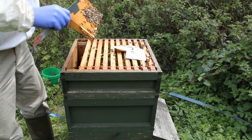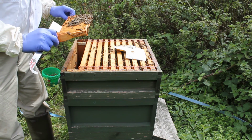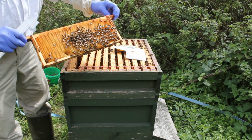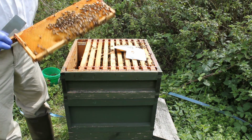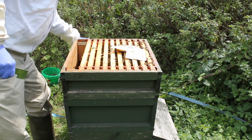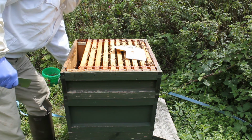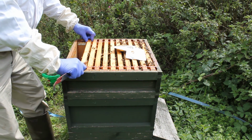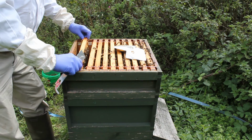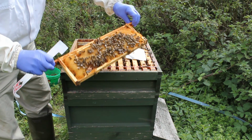This one's empty. That's empty. Bees are quite calm on there. I'll leave that down there a minute. Have a little look. I can easily give them some more feed. We've got the ivy coming soon. See, that is